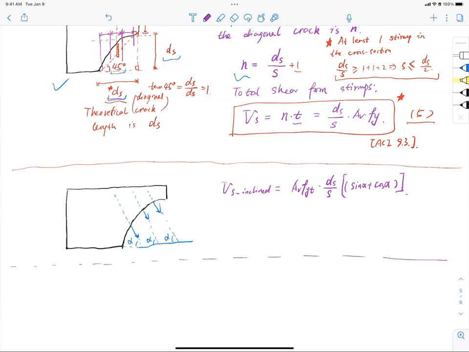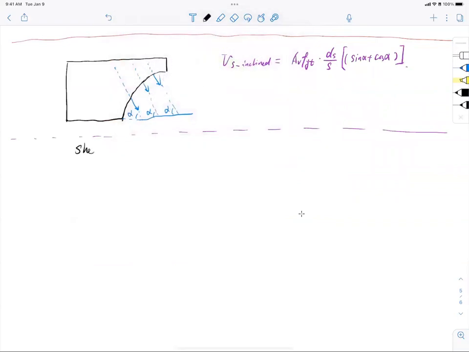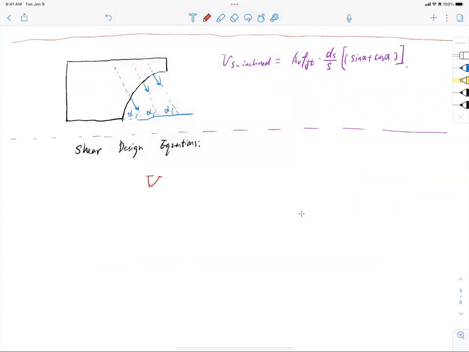So now at this point, I can start writing the formula for shear. Shear design has to follow this formula down here. So, shear design equations. Let's take a look at them. What are the shear design equations? So Vc is actually the red color. You will remember this, right? Vc is the contribution from concrete, and that has to equal 2 lambda square root f prime c bw ds. And Vs, which is the shear contribution from the stirrups, has two possible terms. Av fyt ds over s,